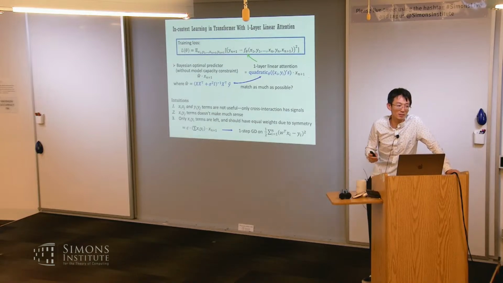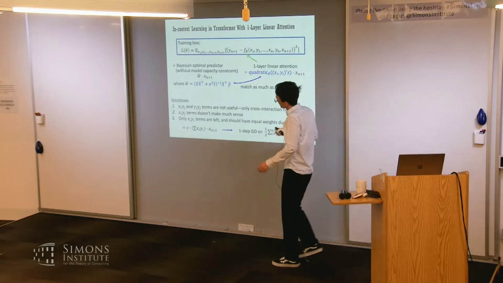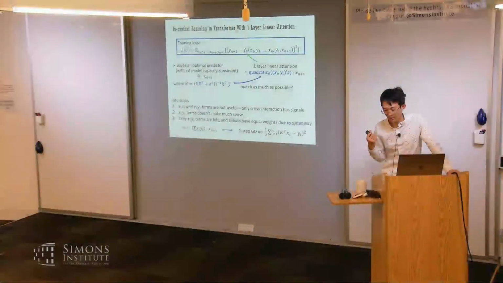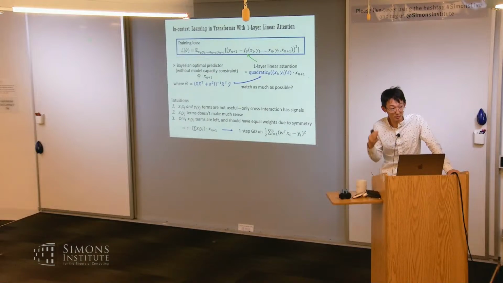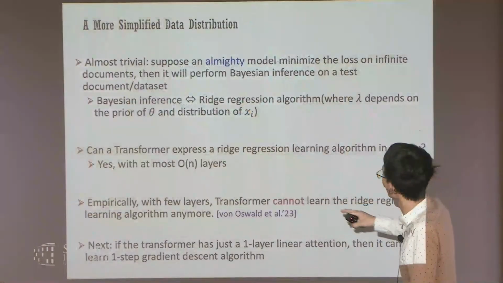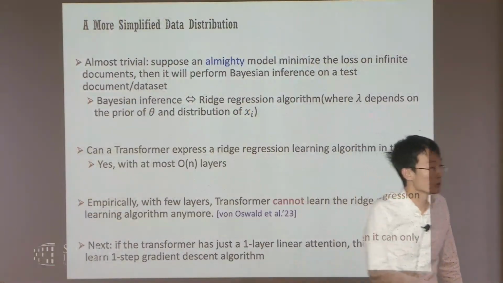Maybe let me try to convince you in a slightly different way. Even in this setting, suppose n, the number of exemplars in the context, is less than d. This still works. If n is less than d? Yeah, because if you believe that you are learning the Bayesian optimal, if you believe that you are using ridge regression. But